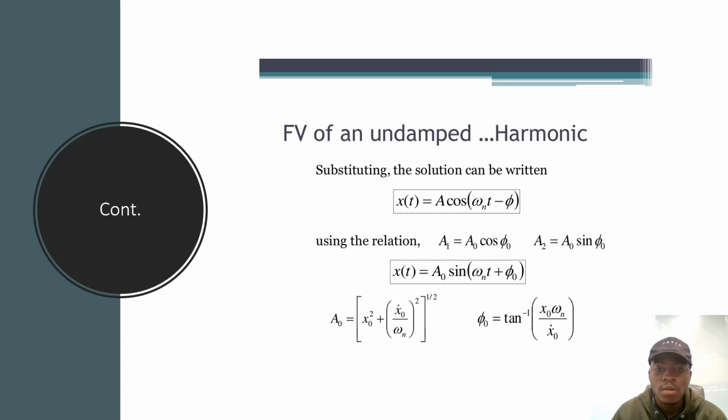A naught is then derived to be the square root of x naught squared plus the square of x dot naught divided by the natural frequency, and phi is equal to the inverse tangent of x naught times the natural frequency